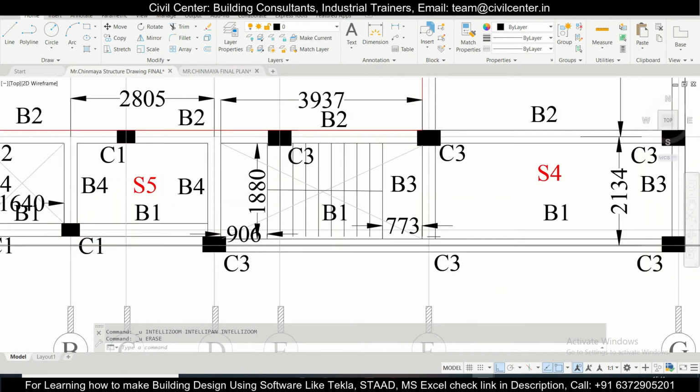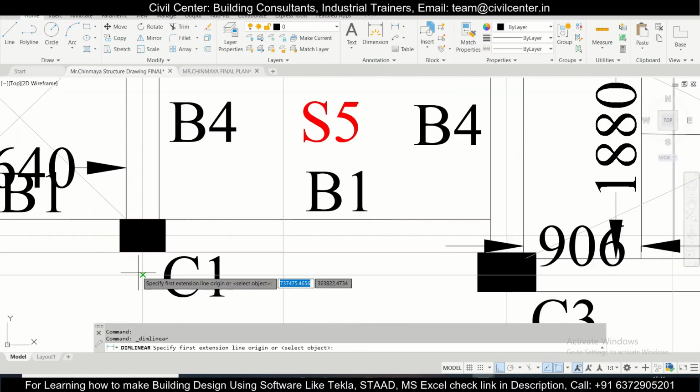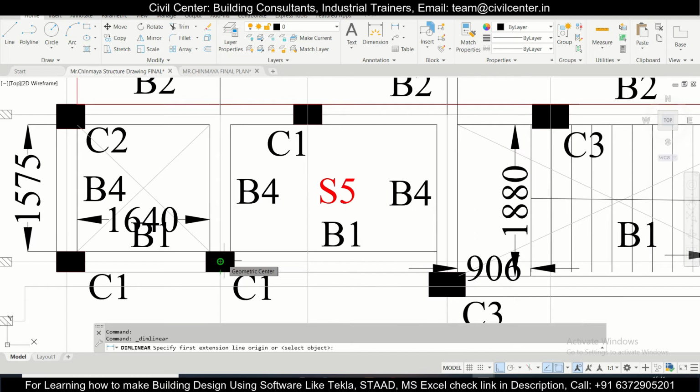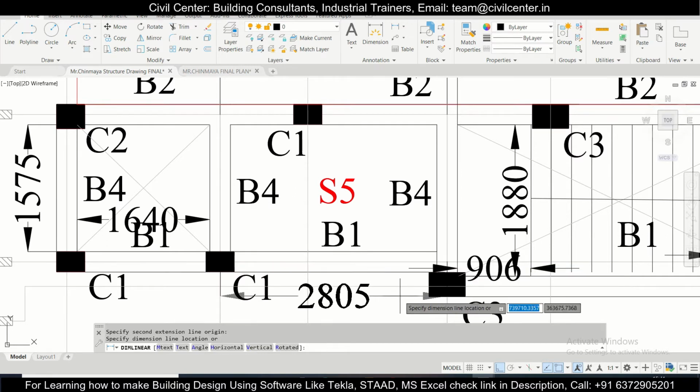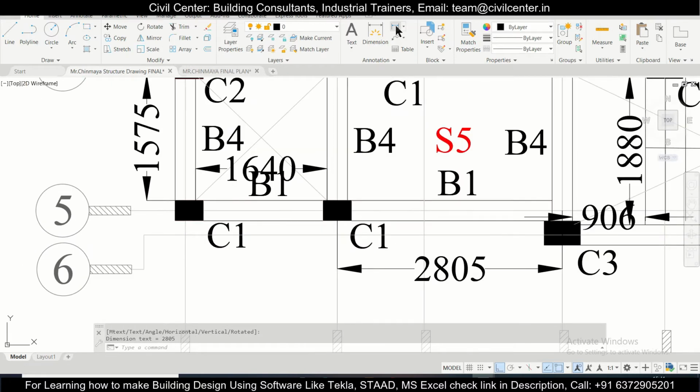Now we can go for the length calculation of B1. So let's go for the center to center distance of the B1, because that will be a better way, and then we will be able to calculate that.